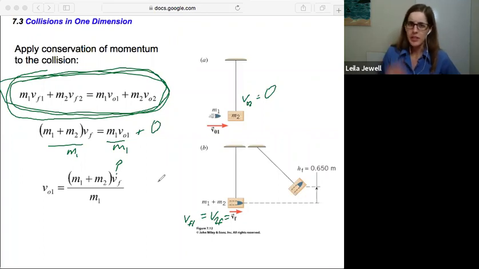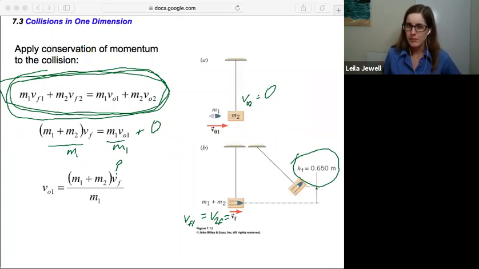What else did they give us in the problem besides the masses? The other thing they gave us was this final height. If we think of that, we have speed and it gets converted to height. What does that get you to start to think about? What might we be able to apply here? I'm not going to do momentum here because it's not a collision of some sort, but there's something else we